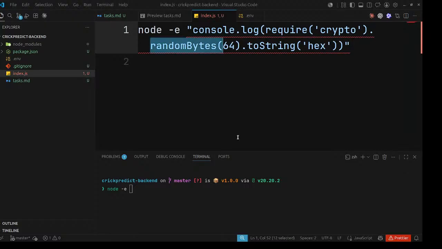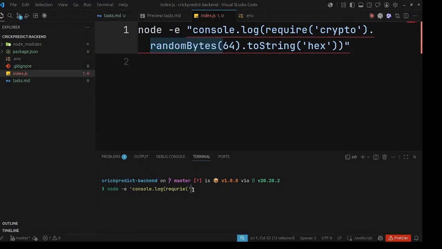So let me put this in by typing console.log. You can just copy paste if you think you should; I prefer writing.